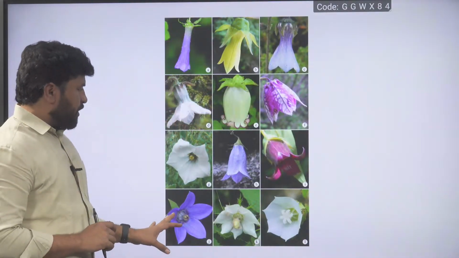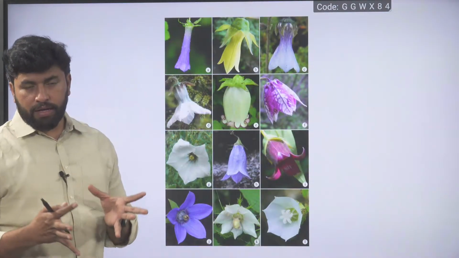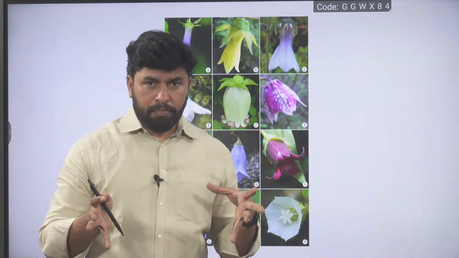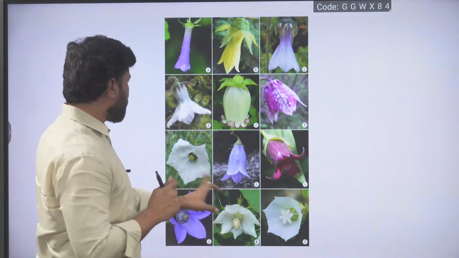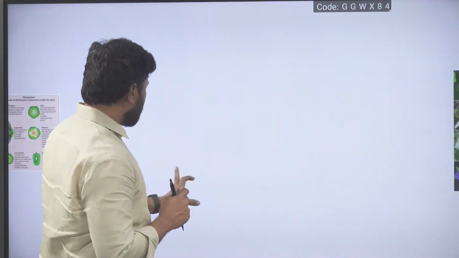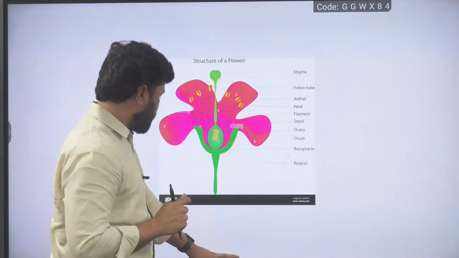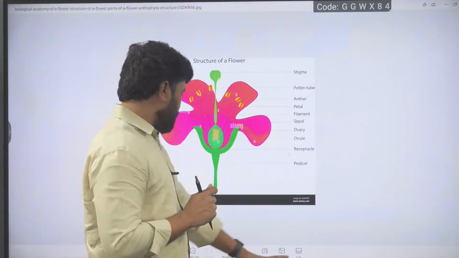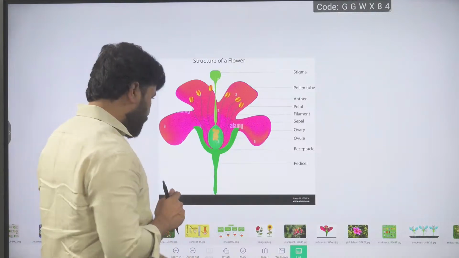Over here, mostly these are gamopetalous corolla. If the corolla is one in which all the petals are fused, gamopetalous. Next one, gamopetalous. You check this one